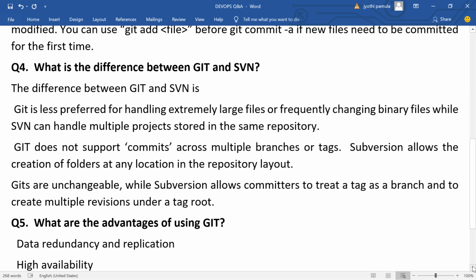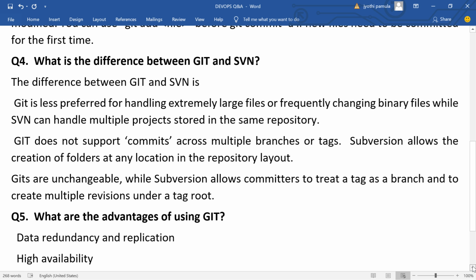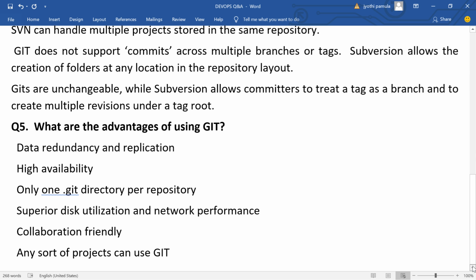Git does not support commits across multiple branches or tags. Subversion allows the creation of folders at any location in the repository layout. Git tags are unchangeable, while Subversion allows committers to treat a tag as a branch and to create multiple revisions under a tag root. The final question, what are the advantages of Git?